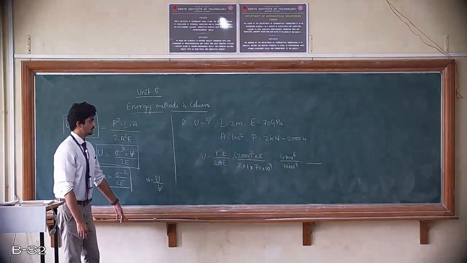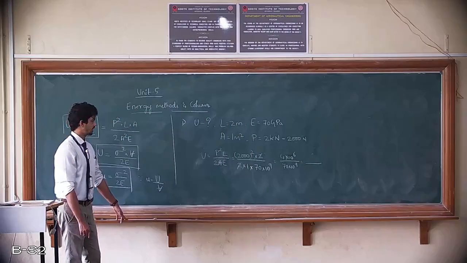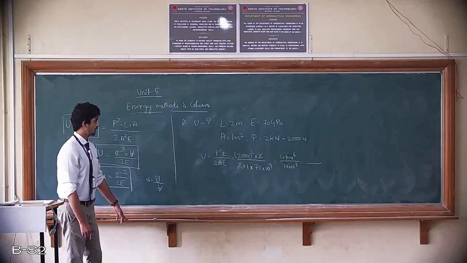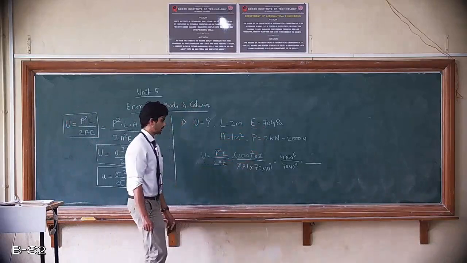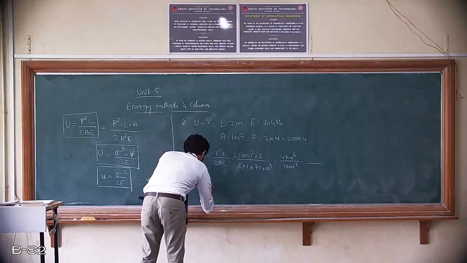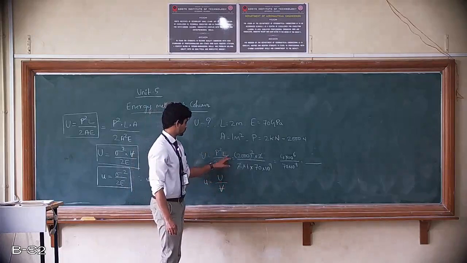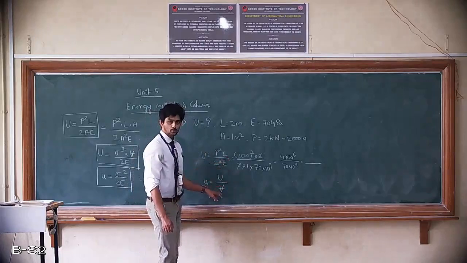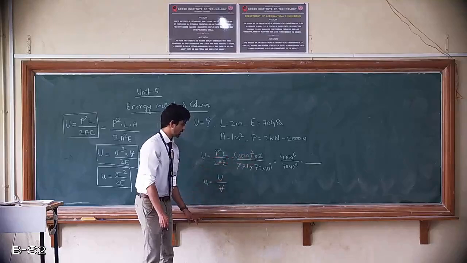So this is nothing but the strain energy, 4 into 10 power 6 divided by 70 into 10 power 9. Here the material, if you look at the Young's modulus 70 GPa, that is nothing but aluminum I am considering. Similarly, if resilience is asked, it will be capital U divided by volume. Volume is nothing but area times length. Length is 2 meter, area is 1, so it will be 2 meter cube that we need to substitute or divide to this strain energy.